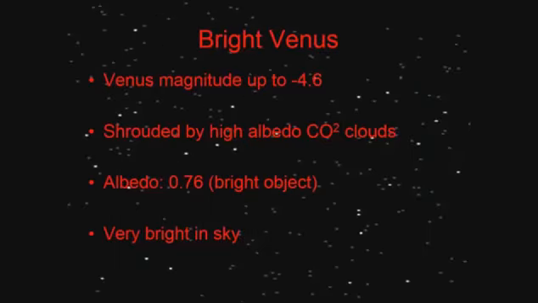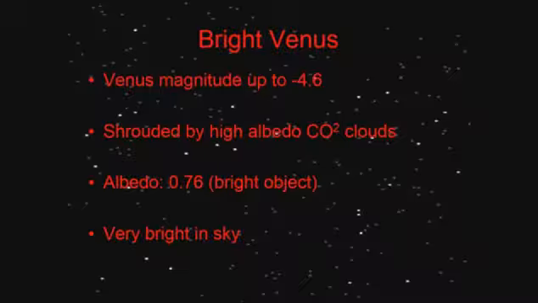So Venus in the night sky is an extremely bright object, and it is visible at the moment just before sunset. And it gets to a magnitude of about -4.6, and that's actually an extremely high magnitude. We'll talk about magnitudes a little more later. We've already discussed them previously in the capacity of stars.